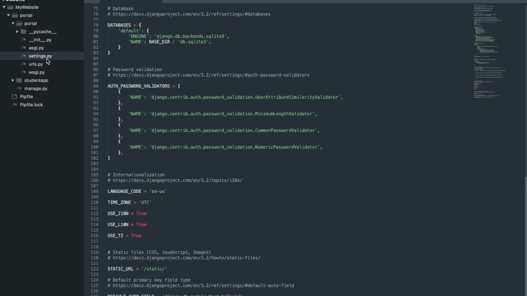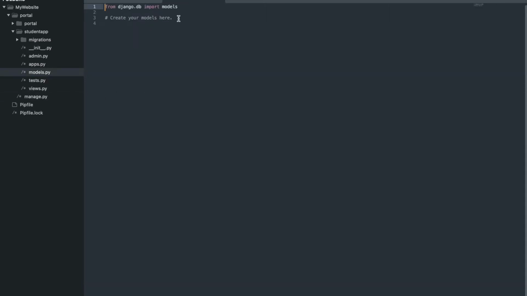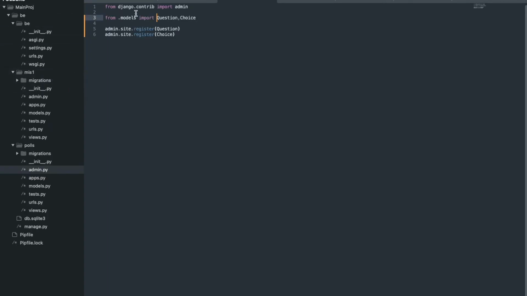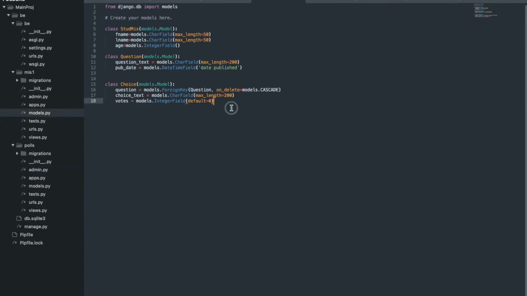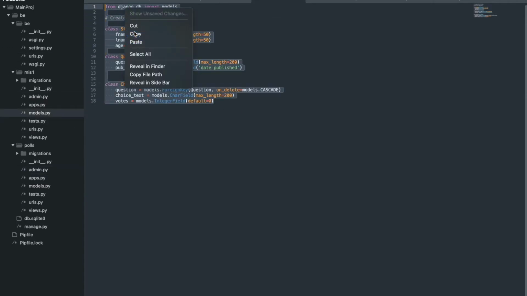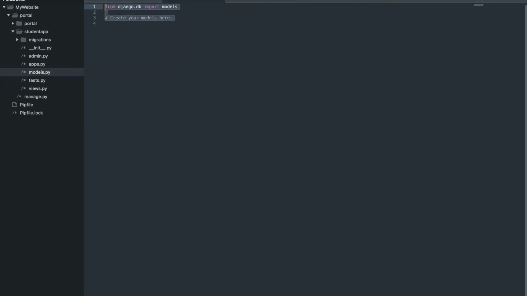Now say that you want to go ahead and create a database kind of a thing, right? So I go to this student app, and wherever I'll be creating a database, that place is over here, that is called models.py. In this models.py you will have to create all your models, or something that is like your database. All right, so let me just go here and I'll pick up this model that I have over here. I'll say copy, and I will insert it over here.